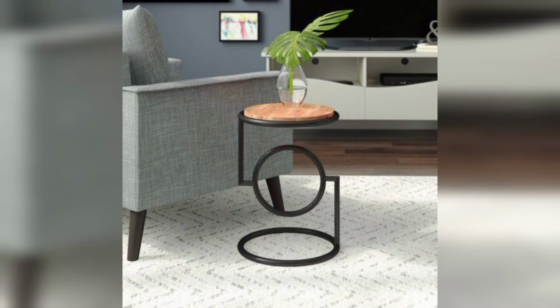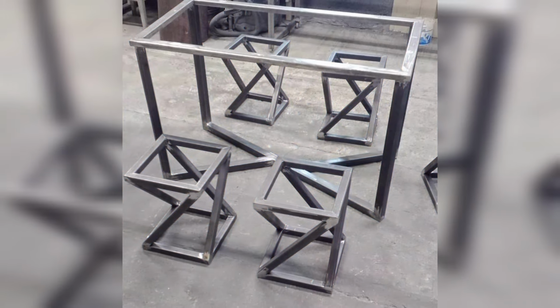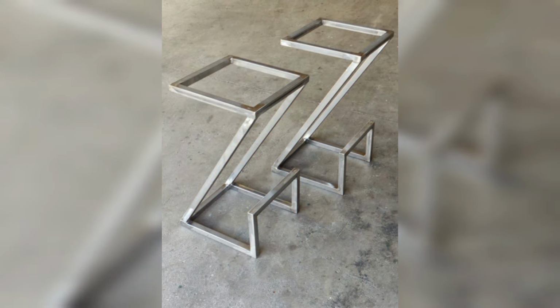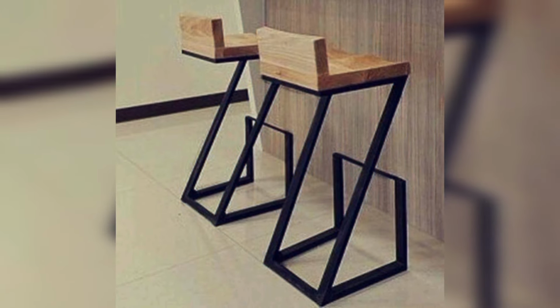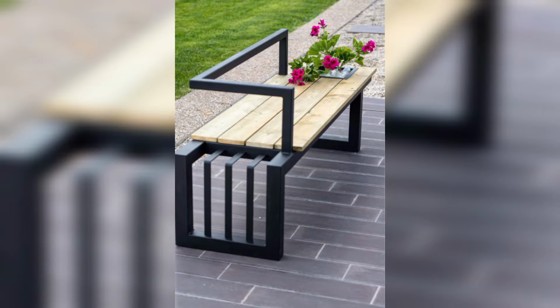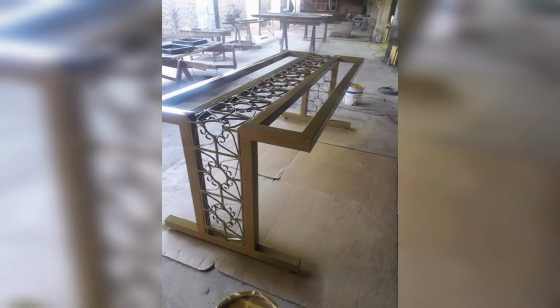So, is metalwork fine art? It's also a question. Today metalworking remains an essential art form combining traditional techniques with modern technologies to create works of art that are both visually stunning and technically complex. Metal artists continue to push the boundaries of the craft, exploring new tools and materials to create truly unique